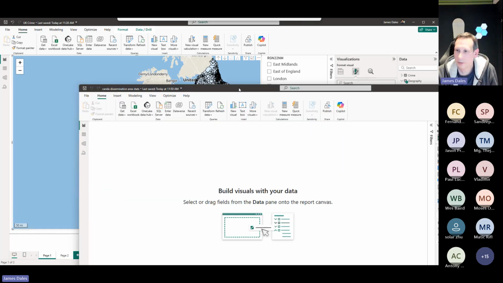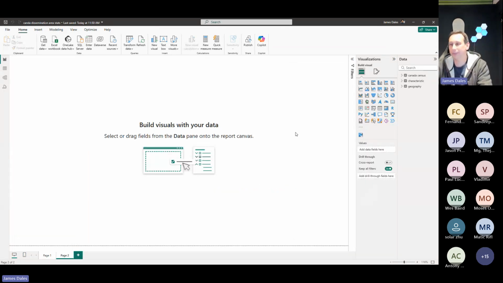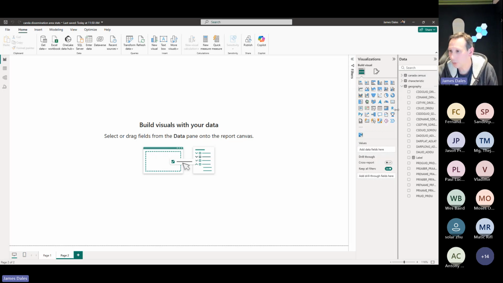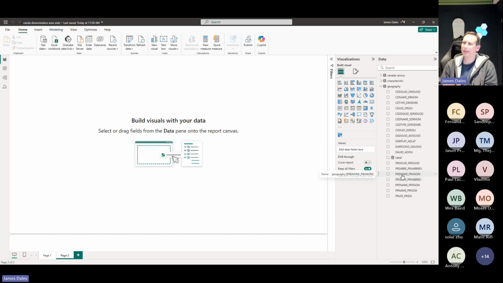So I'm going to bring in another Power BI desktop file. This is a big data set. I think I loaded in about 20 gigabytes worth of census data for Canada. And then I've got a geographic hierarchy as well for different levels in Canada. So the strategy today for dealing with this is, because we can't view the whole of Canada all in one go as one file, what we have to do is break it down into